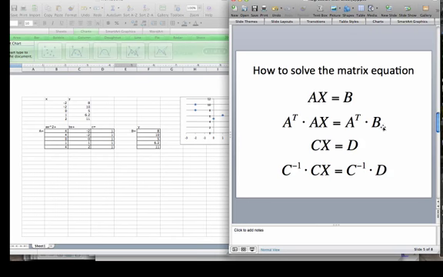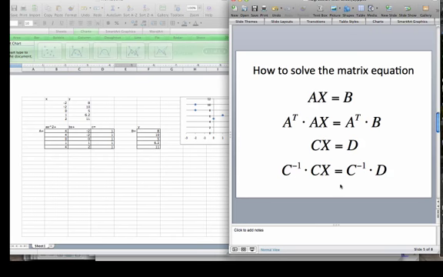When I multiply A transpose times B, I will also get a new matrix. That matrix I'm going to call D. Now, this matrix equation has a square coefficients matrix. Because this matrix is square, I can find its inverse and multiply the inverse of C on both sides of